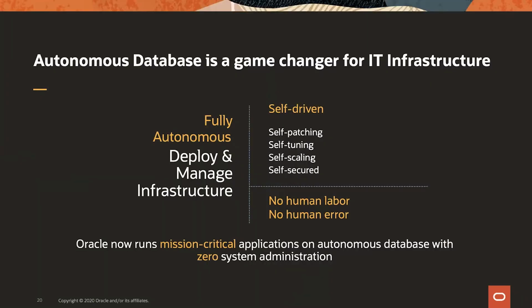First, moving to autonomous database has been a complete game changer for us. It provides a fully autonomous service that deploys and manages the database for us. It is completely self-driven, as I mentioned, and does patching, provisioning, scale up, and all those activities. So with all of its self-driving capabilities, we are now running mission critical applications on autonomous database with